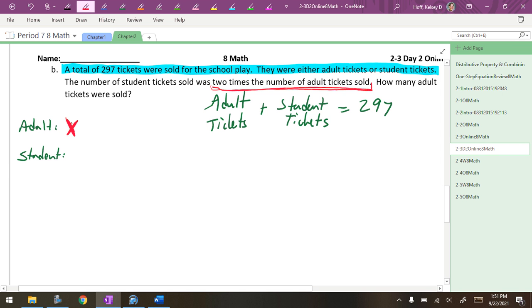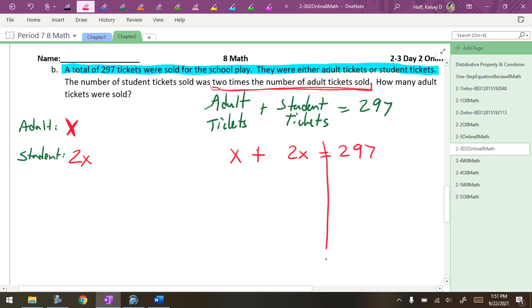Adult tickets is just X, because I don't know what it is. Now, student tickets is 2 times adult tickets. So what's student tickets? 2X. 2 times the adult tickets. So then we go back to what Zach wrote for us and replace it. What are we going to replace adult tickets with? X plus, what are we going to replace student tickets with? 2X equals